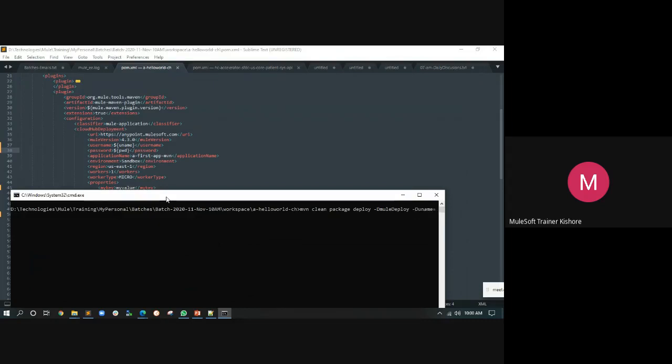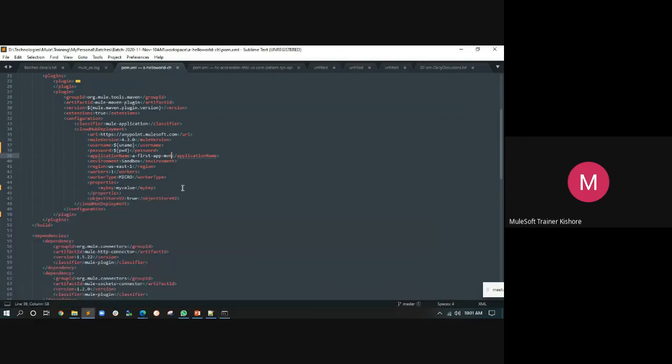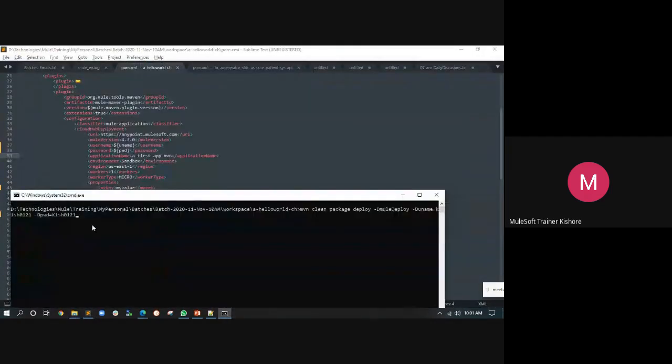Uname equals cache0121, and then -D. You know what -D is? Supplying the runtime parameters, system parameters we can call them. pwd equals what? And the application name I am trying to deploy, or else let's try to redeploy with the same name. What will happen? Let's see this.